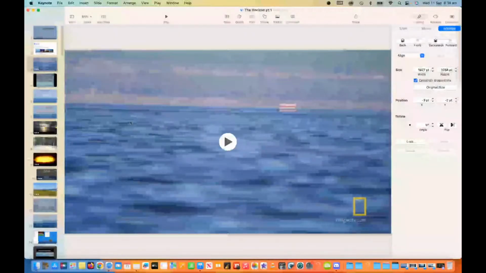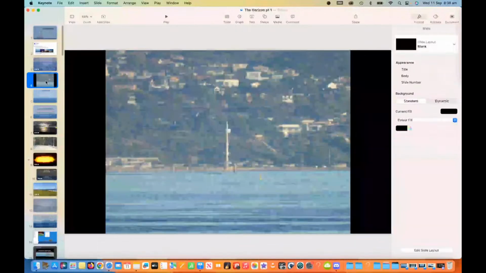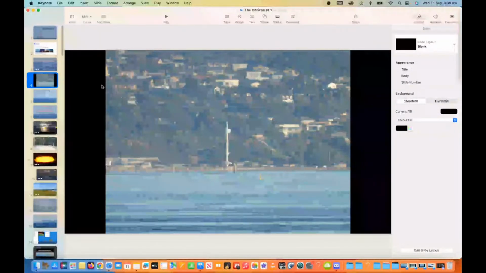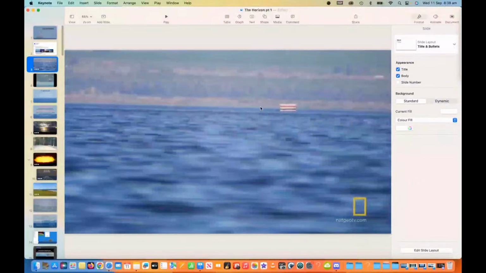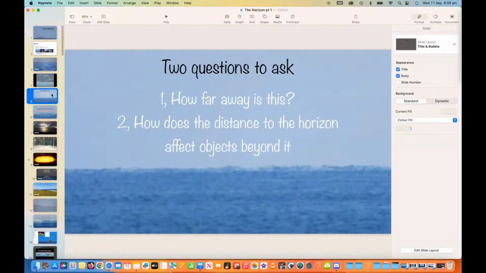Cool. All I wanted to say with that was that, because I've had people pick on that when I've used stuff like this, they've said, well, that's not the horizon. So see where the water ends, the land begins. They say that's not the horizon, because technically the horizon is where the sky meets the ground. But I'm just using this to show that even here on Nat Geo, they're calling this the horizon. So it's just kind of like a little disclaimer.